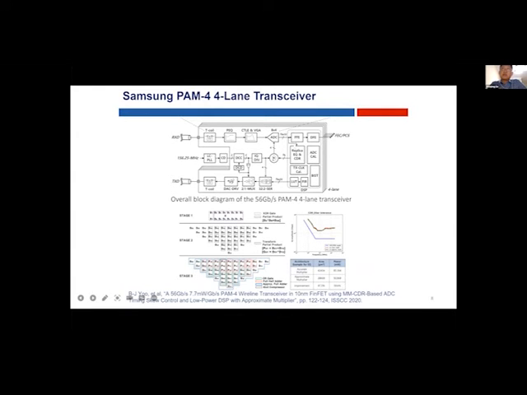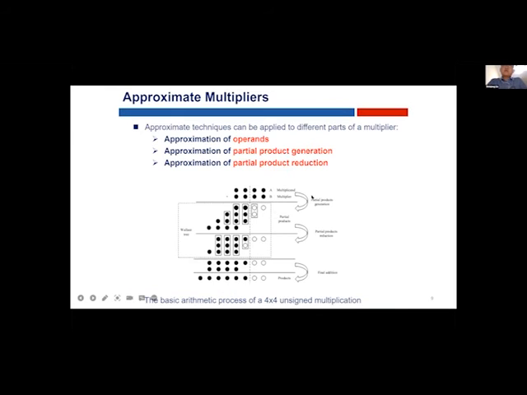Okay, in this DSP part, there's some equalization and also the FIR filters. In this kind of DSP processing, they have replaced the exact multipliers with approximate multipliers. They have shown that by using this kind of approximate multiplier, they can reduce the power by up to 40%. However, the results didn't change, which means that the accuracy is more or less the same. Okay, so that's the motivation of why we use approximate computing and how it can be used